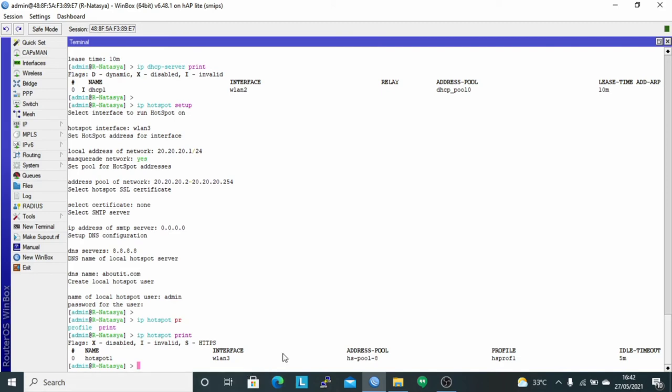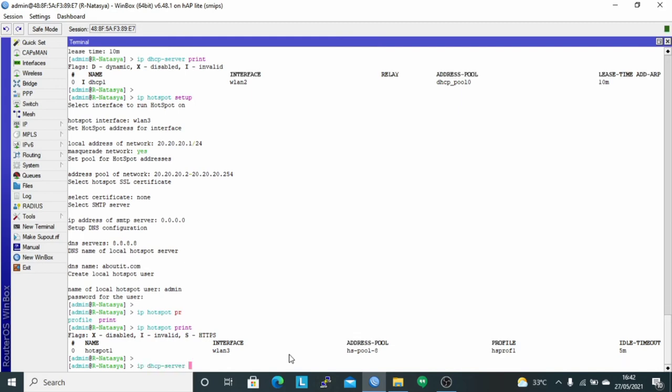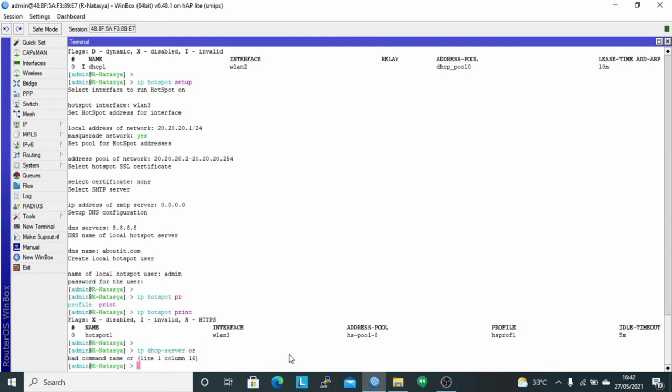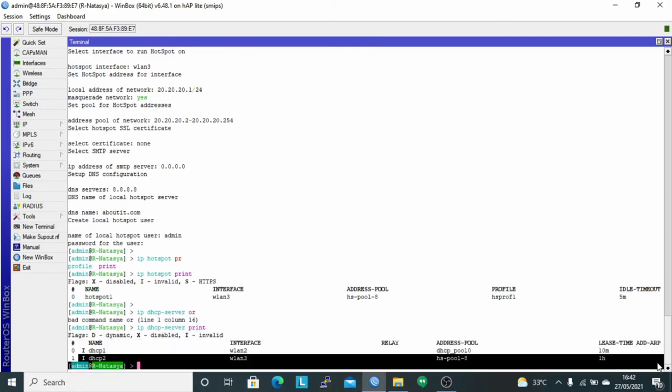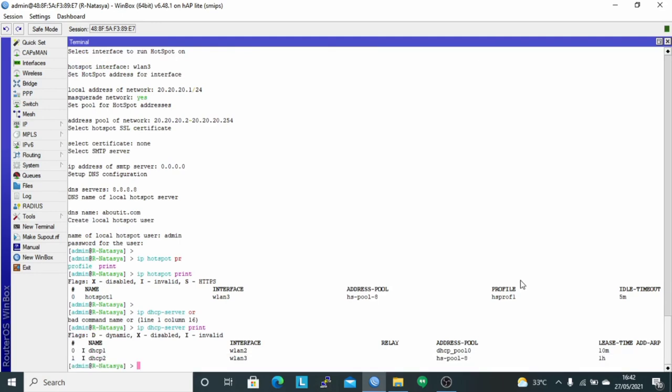If checked in the DHCP server table with the command IP DHCP server print, it can be seen that the hotspot feature automatically adds an IP DHCP server with a lease time of 1 day.